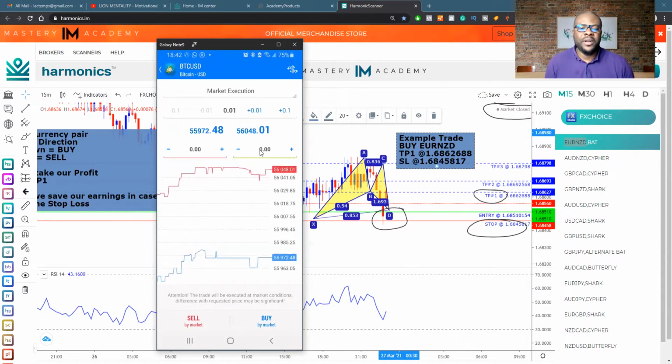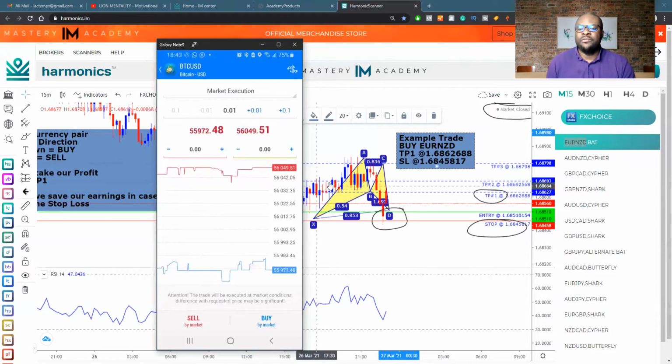If you're an iPhone, it has been already made possible for you to understand what you're doing. You will see the stop loss written out in red and the take profit written out in green. All you need to do, copy, paste, and that's it. Now, remember that we are in buy. You click buy. If you click sell,